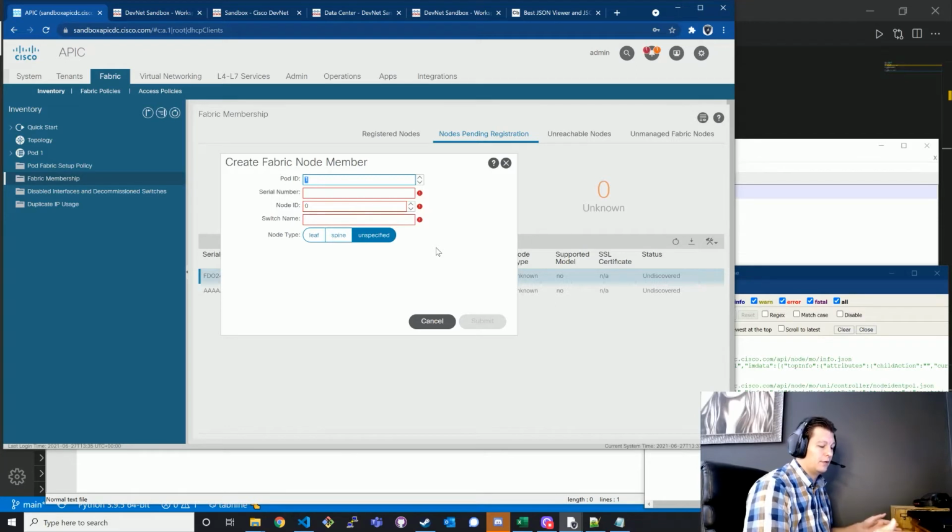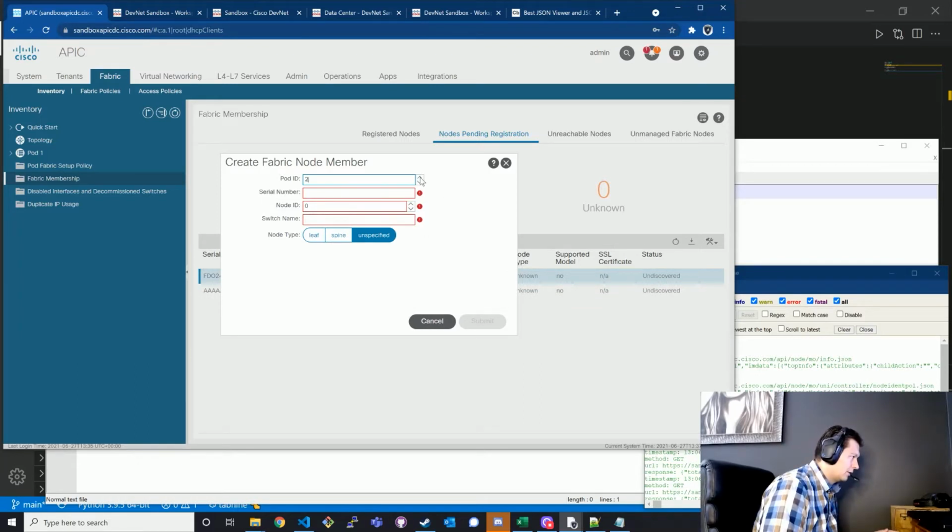But if you leave this as normal, you don't get the full call when trying to capture it. So to get a more realistic example, I would go and set this to pod 2, and I create a serial here, and I call that a serial, and I say node ID is 211, as in this is the 11th switch in pod 2, and I'm just going to call it